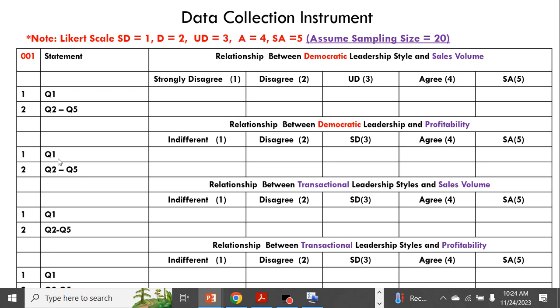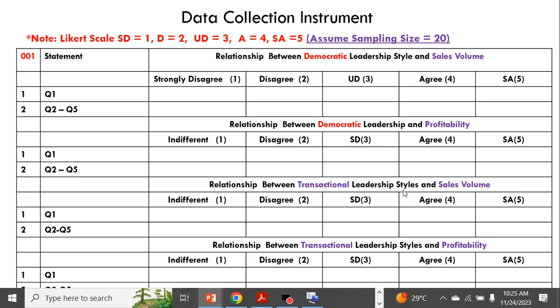Going forward as well, these questions can be replicated up to the 4 specified hypotheses. For hypothesis 2, you see that democratic leadership style is also being looked at in relation to organizational profitability.